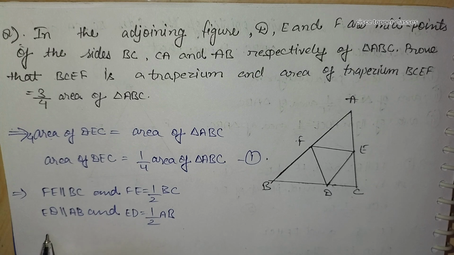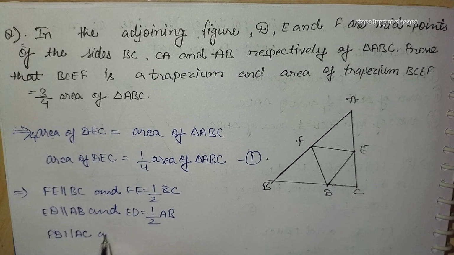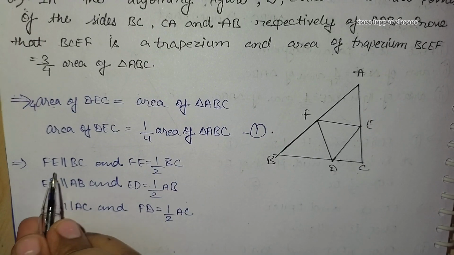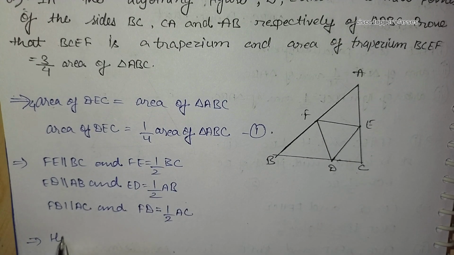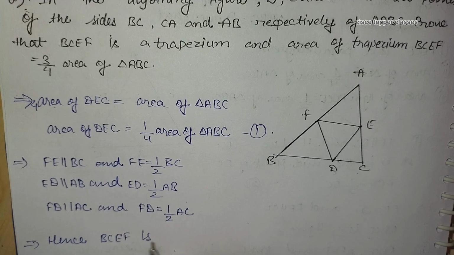Then we have FD parallel to AC and FD is equal to half of AC. So here we can simply see that these are parallel. Means if FE is parallel to BC, we can prove that. Hence, BCEF is a trapezium,